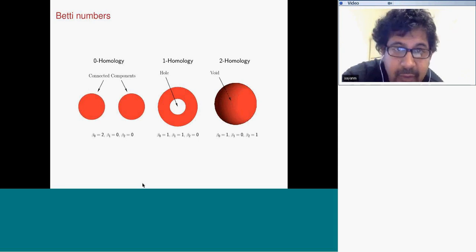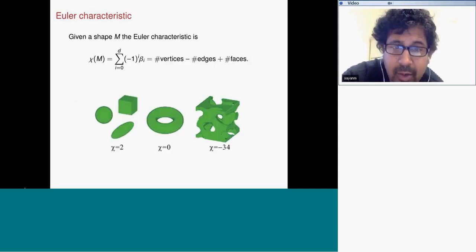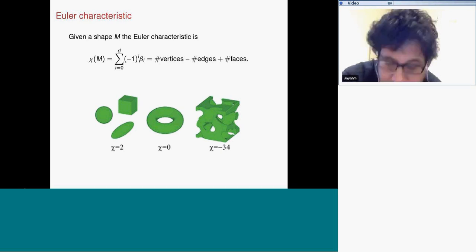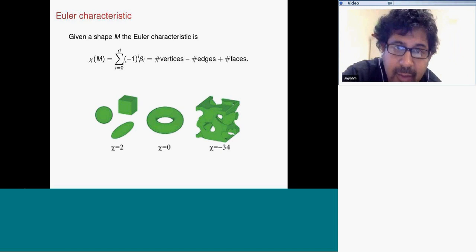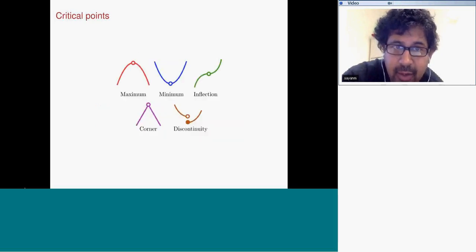So Betti numbers are very standard. I think everyone here knows what Betti numbers are. For example, I have the number of components, one-holes, two-holes, and so on and so forth. The Euler characteristic is another one that's of interest. You think about the Euler characteristic as an alternating sum of the Betti numbers. If you have a simplicial complex in R3, these are just the vertices minus the edges plus the faces. And we'll come back to that. And again, just pictures of how these are invariants.